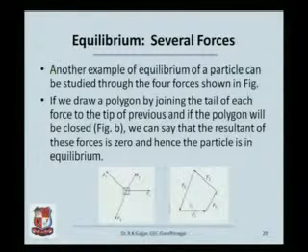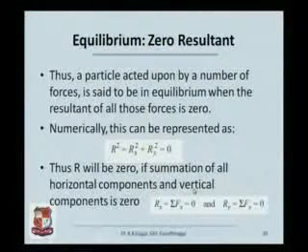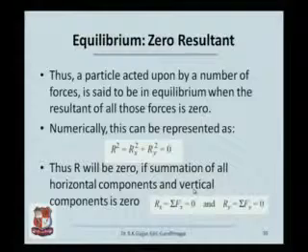Had there been a resultant force, there would have been some gap, and the gap which is being filled up will be the resultant. But here the resultant is 0. This particular body is said to be in equilibrium. Thus we can say that whenever a particle acted upon by a number of forces is under a resultant force which is equal to 0, it is said to be in equilibrium.